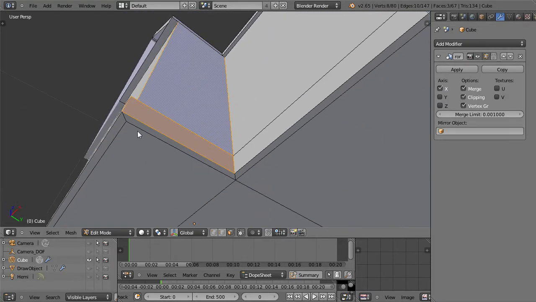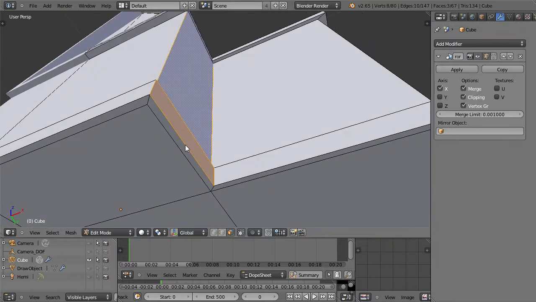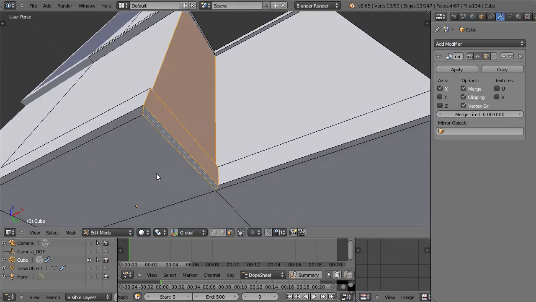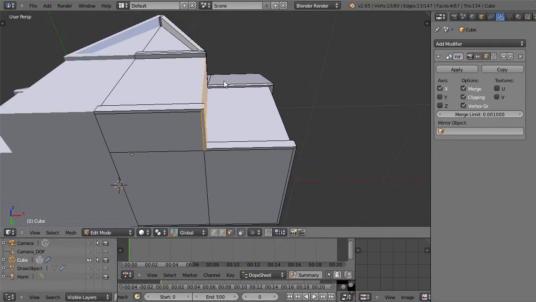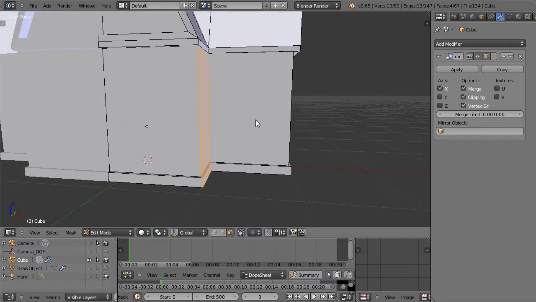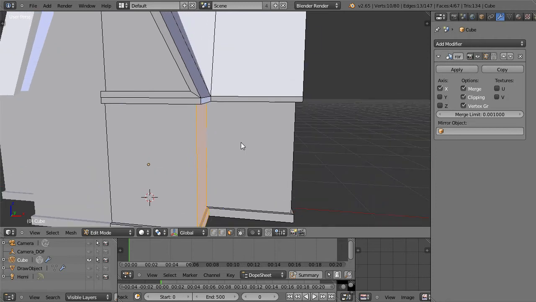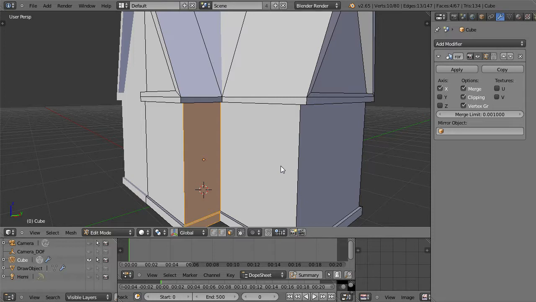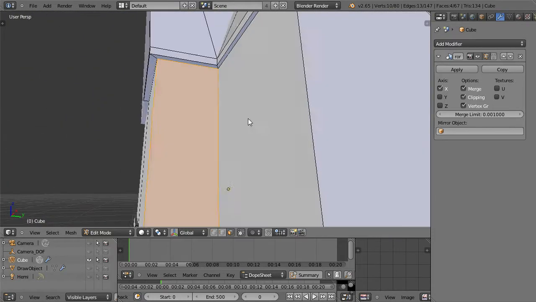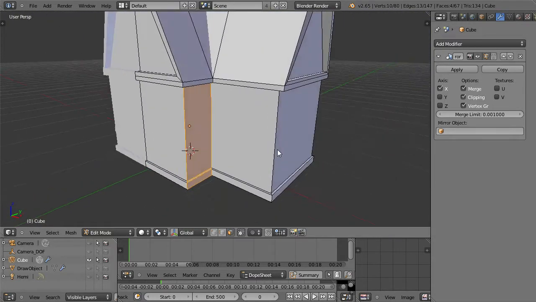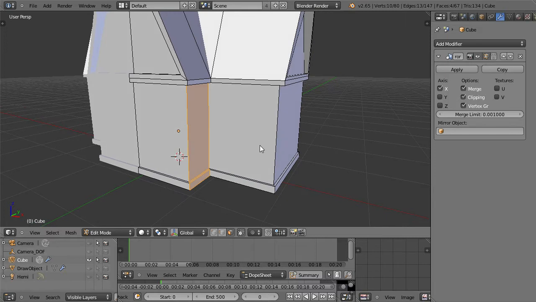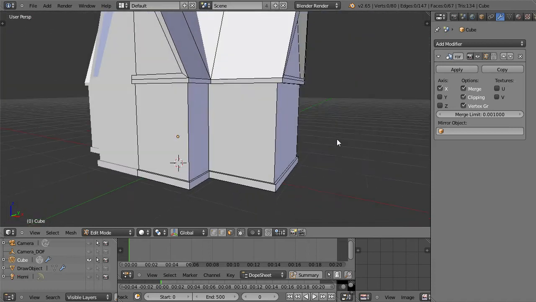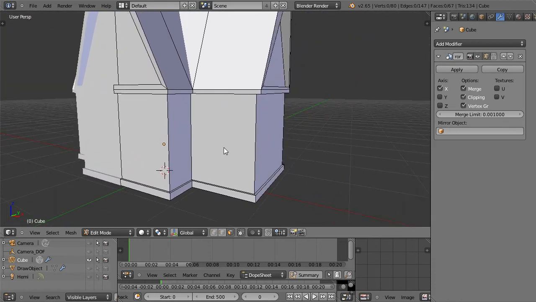I want to make sure I didn't select this face right here. Actually, I do want to select that. So I'll hit Shift and select that down there. Now I'm going to hit G to grab, middle mouse to constrain, and just bring that a little bit under that edge there so that looks a little more uniform. Looks like I'm going to need to do the same thing on this one, pull it over a little bit more. So I'm going to double click off into the screen somewhere to deselect, hit C to bring up my paintbrush selection,